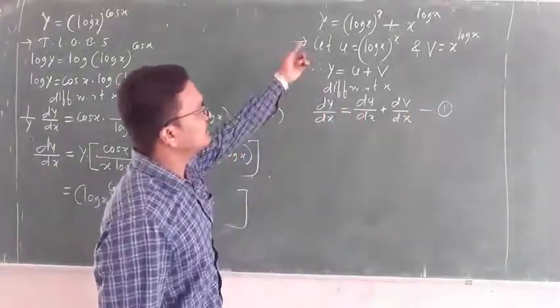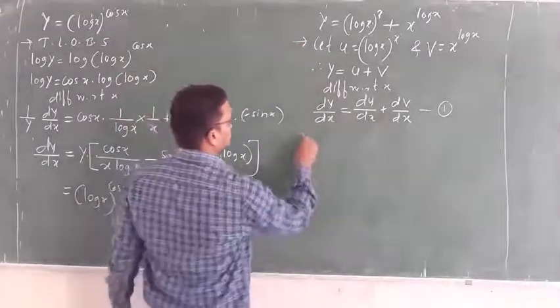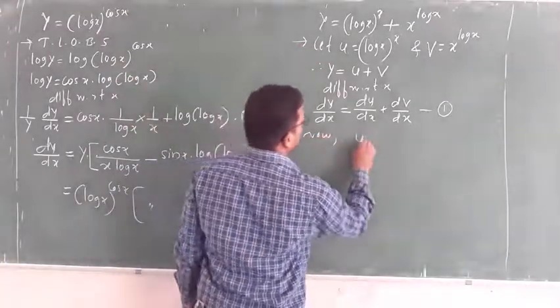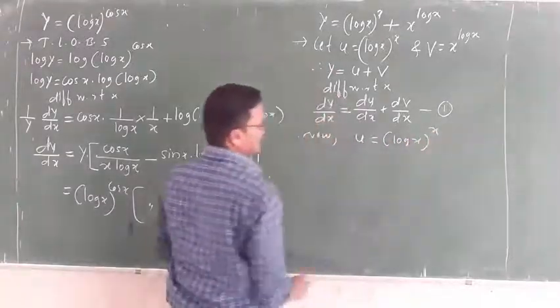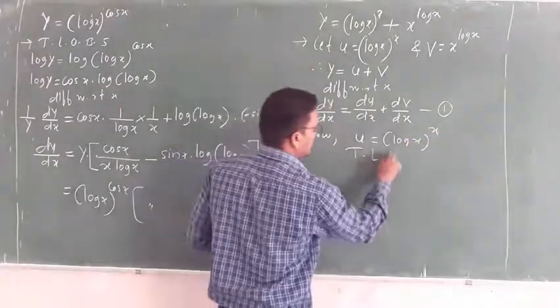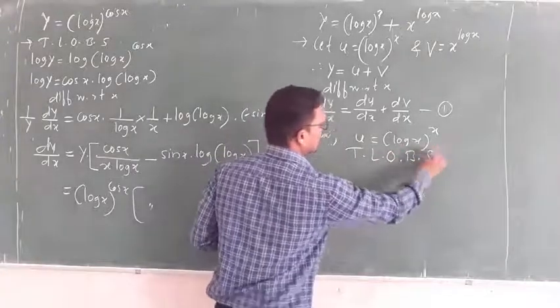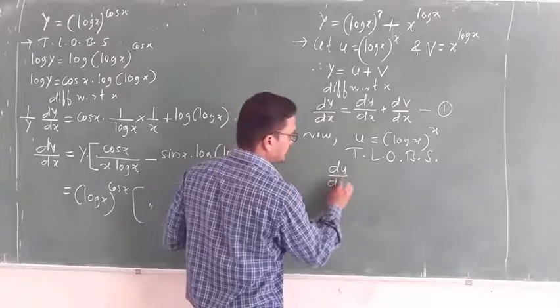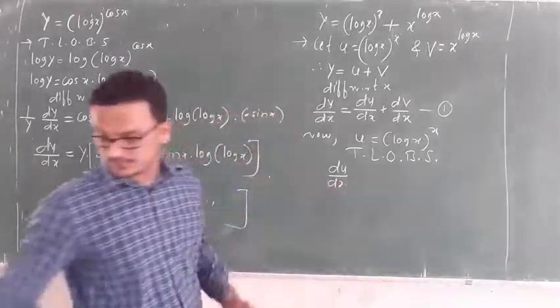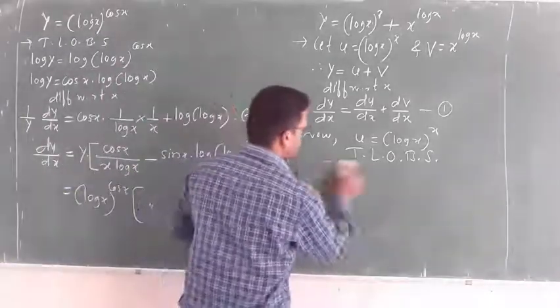So to differentiate u and v separately now, u is equal to log x to the power x. So taking log on both the sides,